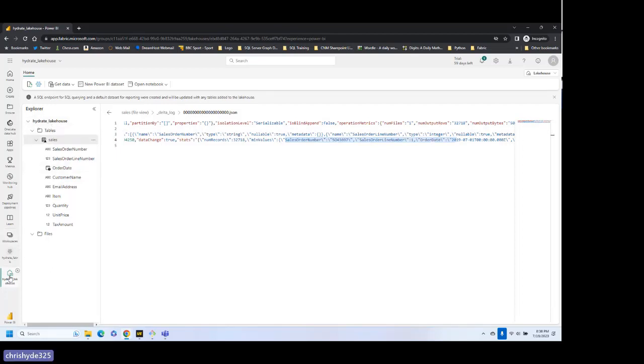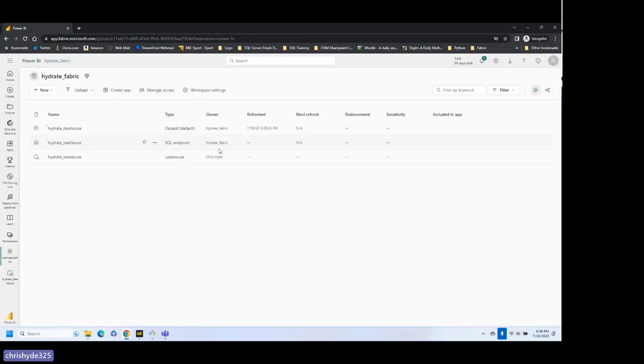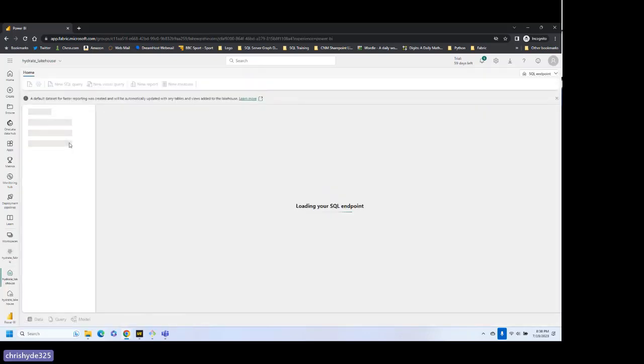So let me hop back here a second. Let me go back to the workspace. Because what I wanted to point out, I've created my lakehouse, but I've got two other objects by default. I've got a SQL endpoint with the same name, and I've got a Power BI dataset with the same name. So I can click on this SQL endpoint